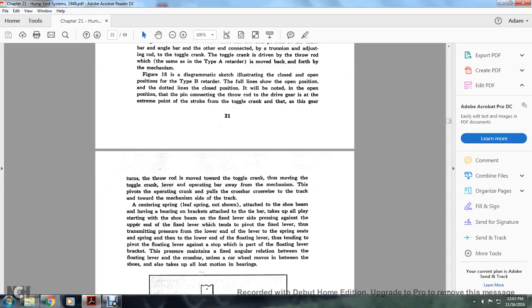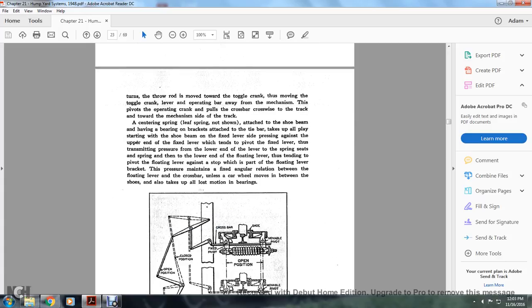With the moving of the toggle crank lever, the operating wave of the mechanism. This pivots the operating crank with the pull of the crossbar crosswise of the track and toward the mechanism side of the track. A central spring, leaf springs not shown, attached with the shoe beam that have the bearing of the brackets attached with the tie bar and taking them all to play part of the shoe beam on the